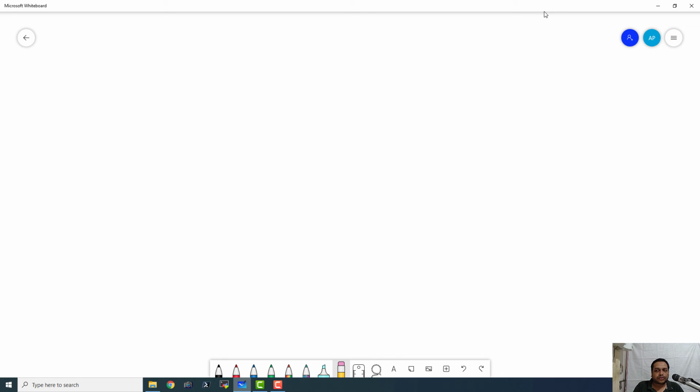We have already learned what an expression is, and we can actually draw an expression tree for any expression. Suppose we have an expression A plus B. We can draw a simple tree for signifying this expression, and it is very easy to do that. We can say plus is a root node, and then A and B are the children.